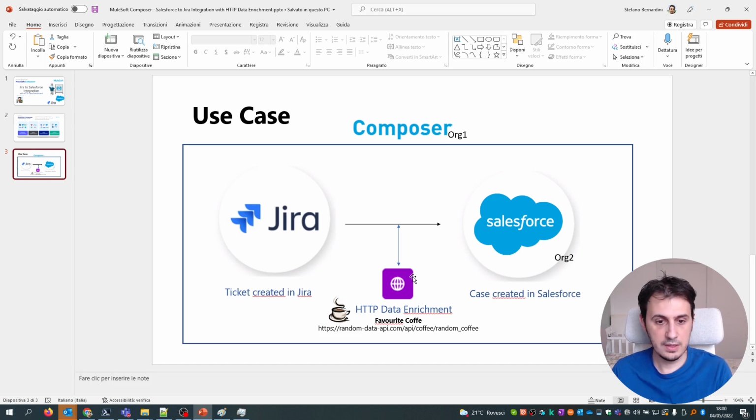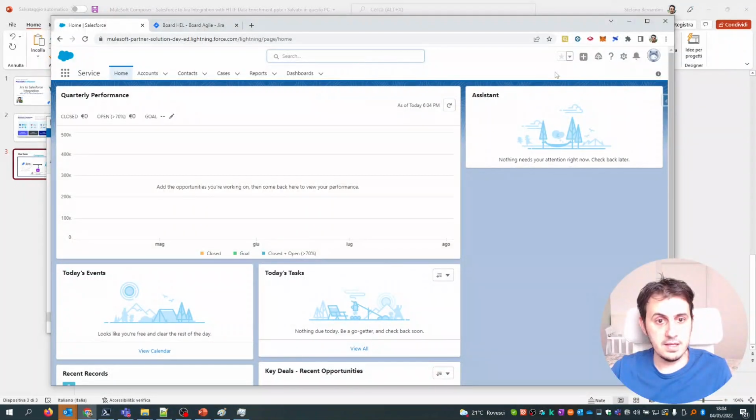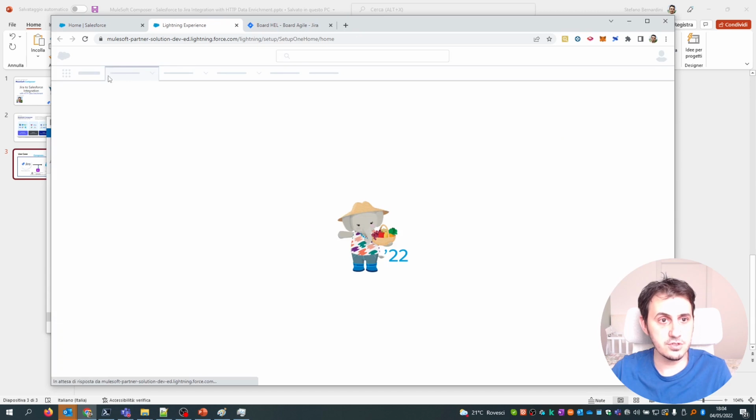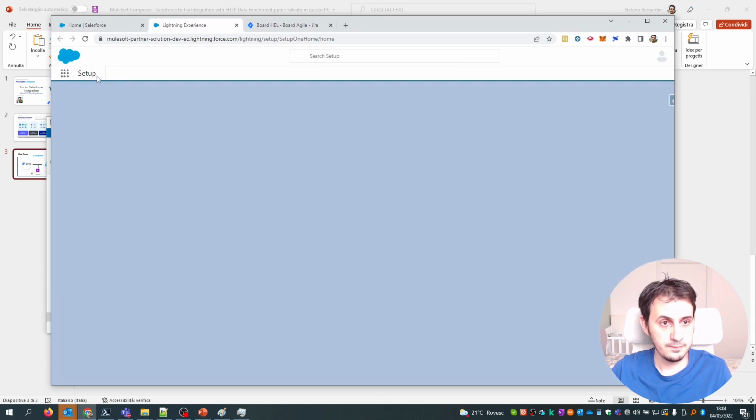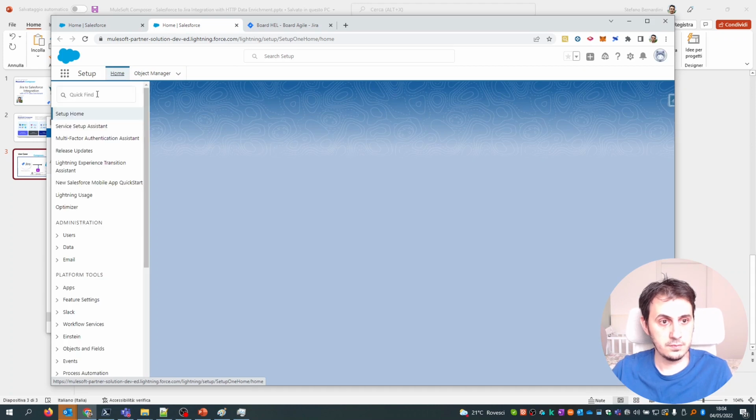Okay, let's try. Let's go to the MuleSoft Composer. Okay, I just logged in to this Salesforce organization. In this Salesforce organization, Composer is enabled. So I go to Setup and I search for Composer.